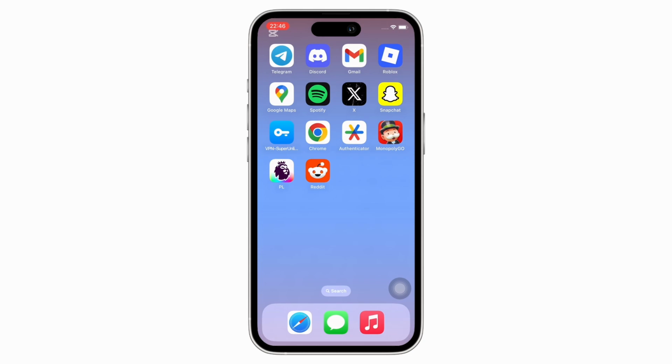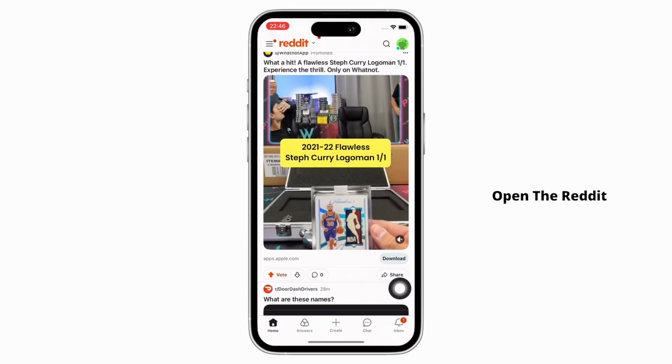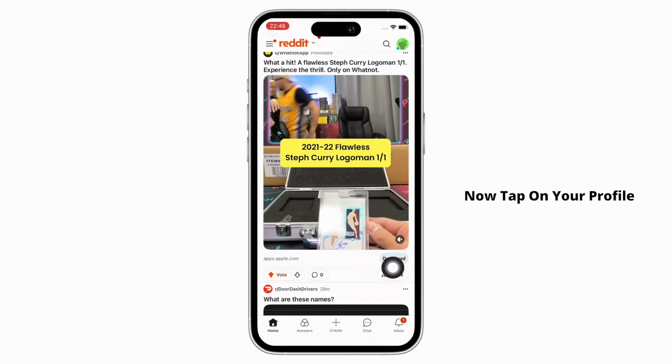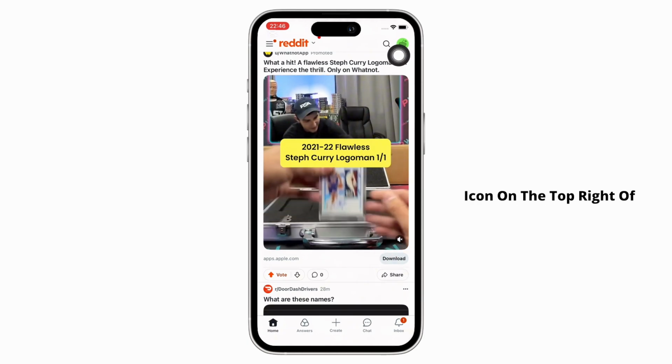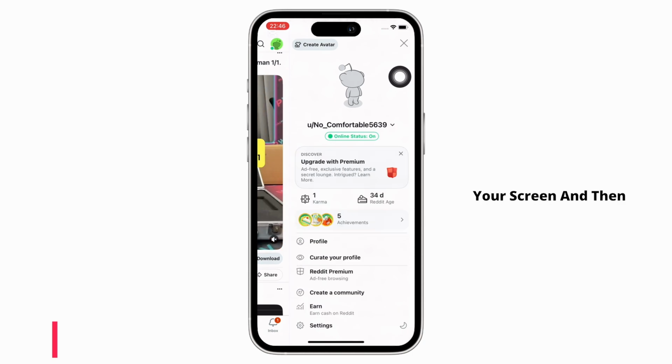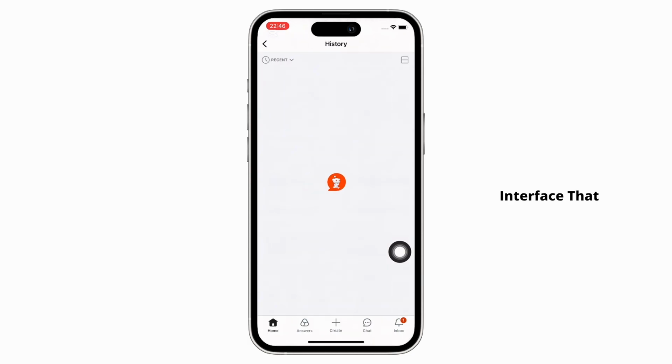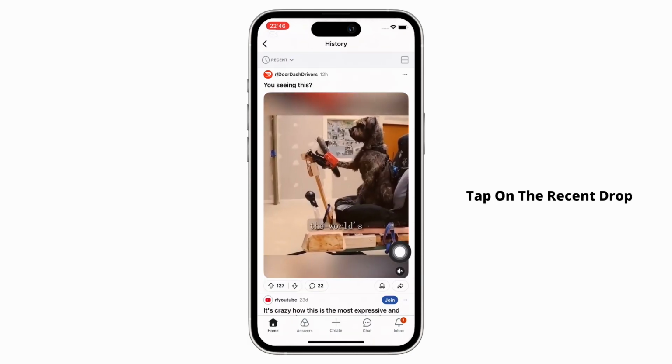Now let's get right into the tutorial. Firstly, go ahead and open the Reddit application on your device and make sure you are signed in. Now, tap on your profile icon on the top right of your screen and then scroll down and you will see the history option. Tap on that and in the interface that you will be led to, tap on the